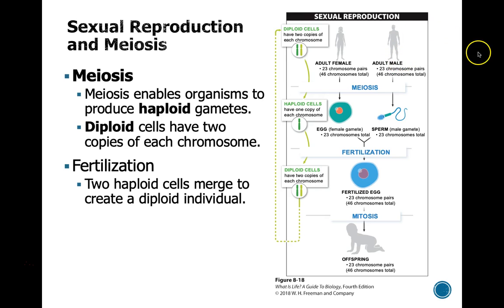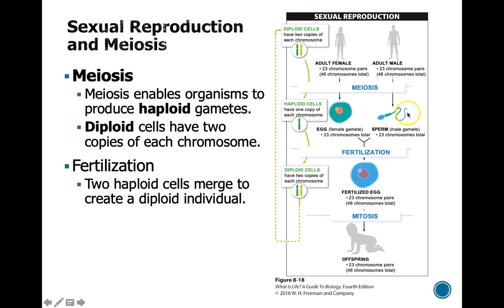The process of meiosis occurs in the gonads. Those are the ovaries and testes, the reproductive organs of each individual, and they produce the sperm or the eggs. The sperm or the eggs are the gametes, which are our reproductive cells. So the process of meiosis reduces that diploid situation down to one. So now in each one of mom's eggs, she has only one copy of each type of chromosome. Dad has the same thing. His sperm has only one copy of each type of chromosome.